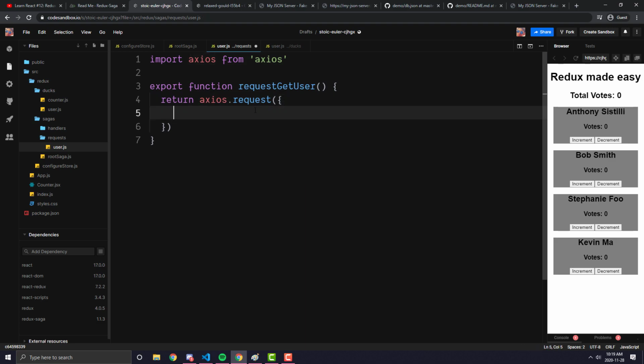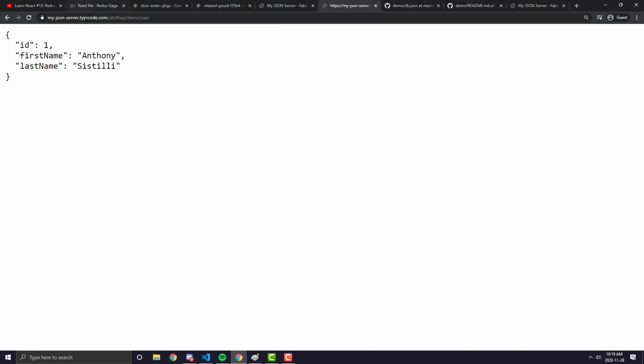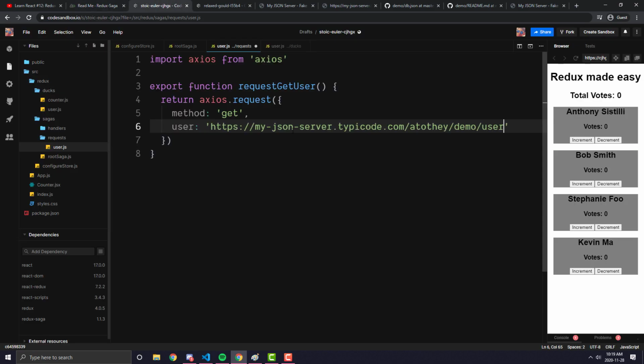So when you call axios.request and pass in an object, what you do is you first pass in the method. So in this case, we're making a get request. So the method is going to be a simple get. You pass in the URL that you want to hit. So if I find, where was it? Over here. So this is the URL we're going to hit,